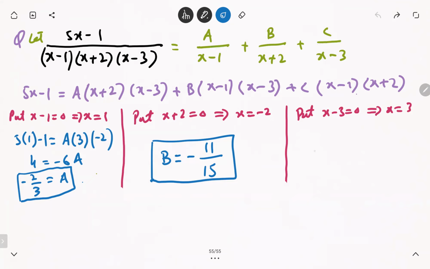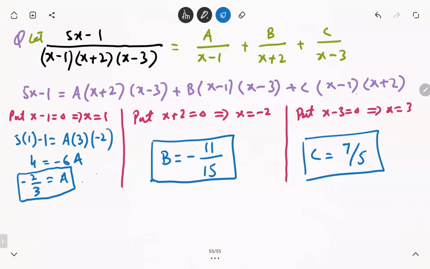The value of c is 7 over 5. C is 7 by 5. Hamna is saying it's 1, Murtaza is saying 7 by 5, so you are getting 7 by 5, so c is 7 by 5. Please check your calculation at this level, calculation mistakes nahi honi chahiye. So once we got all the values of